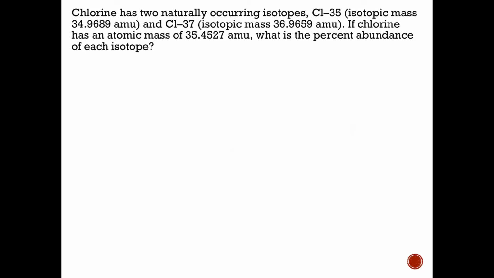Most people can solve for the first one. So we have this average mass that's here, and it gave us the masses of both of the isotopes, but we don't know the percent abundance of either one. So if we were to write this out, we can say, okay,